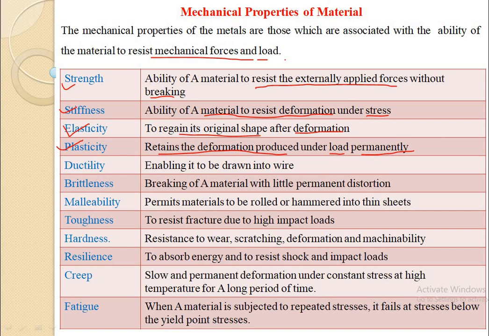Next mechanical property is ductility. In simple language, ductility is nothing but the ability of the material to be drawn into wire. If you take a simple example of a ductile material, say mild steel, if we are able to form wires, or draw that material into wire, then we can say that material possesses the ductility property. It is the property that enables a material to be drawn into wire with the application of tensile force.